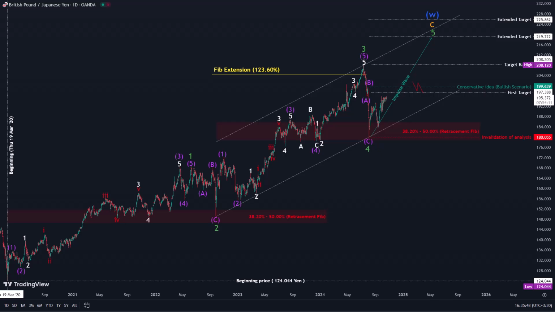The price break of Wave B, from this sharp zigzag pattern in the fourth wave, which has corrected between 38.2% and 50% of the retracement, could confirm an extension in the bullish market. Additionally, a correction pattern should be formed, and any invalidation of the price will not undermine the analysis.